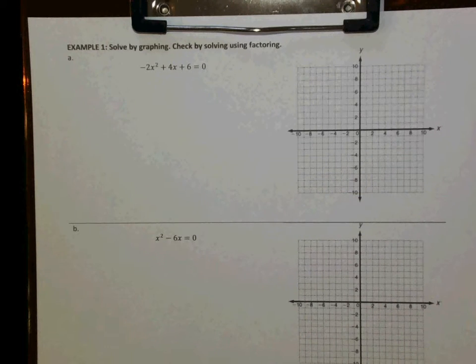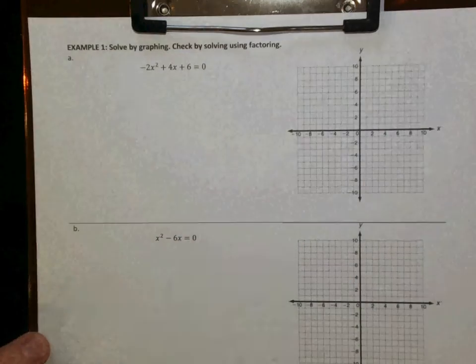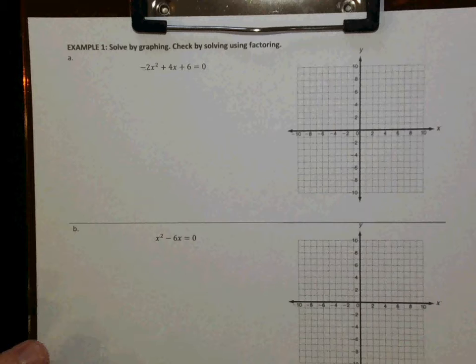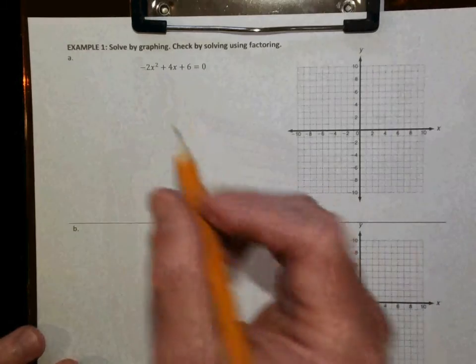This video is going to go through example 1a, negative 2x squared plus 4x plus 6. I want to solve by graphing and I'm going to check using factoring. Since this is an equation equal to 0, and I don't like when my a is negative, actually, let's just keep it from the beginning. So first thing I'm going to want to do is